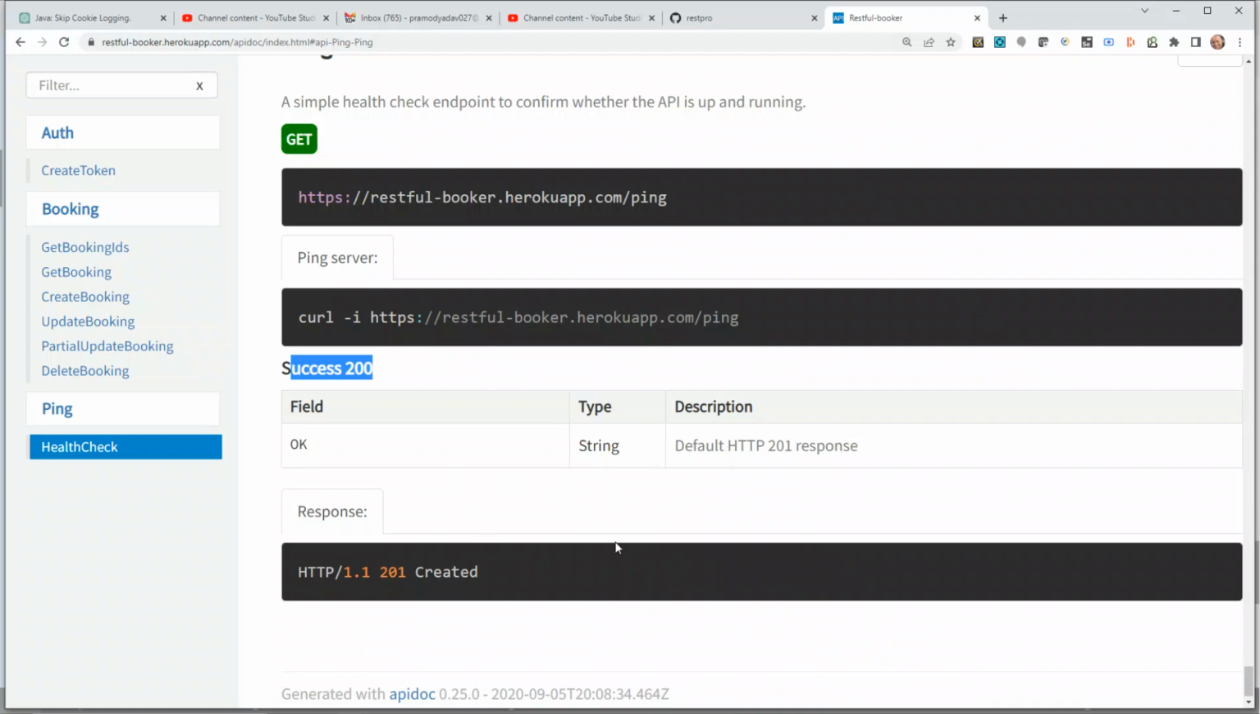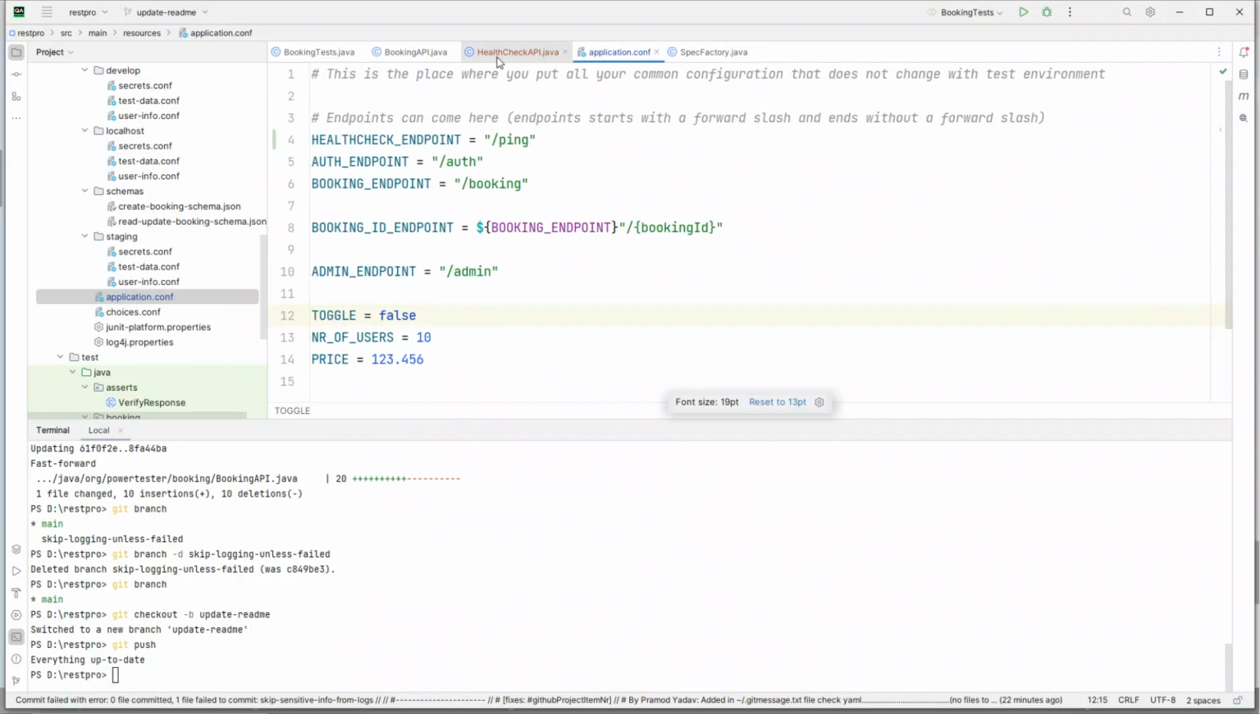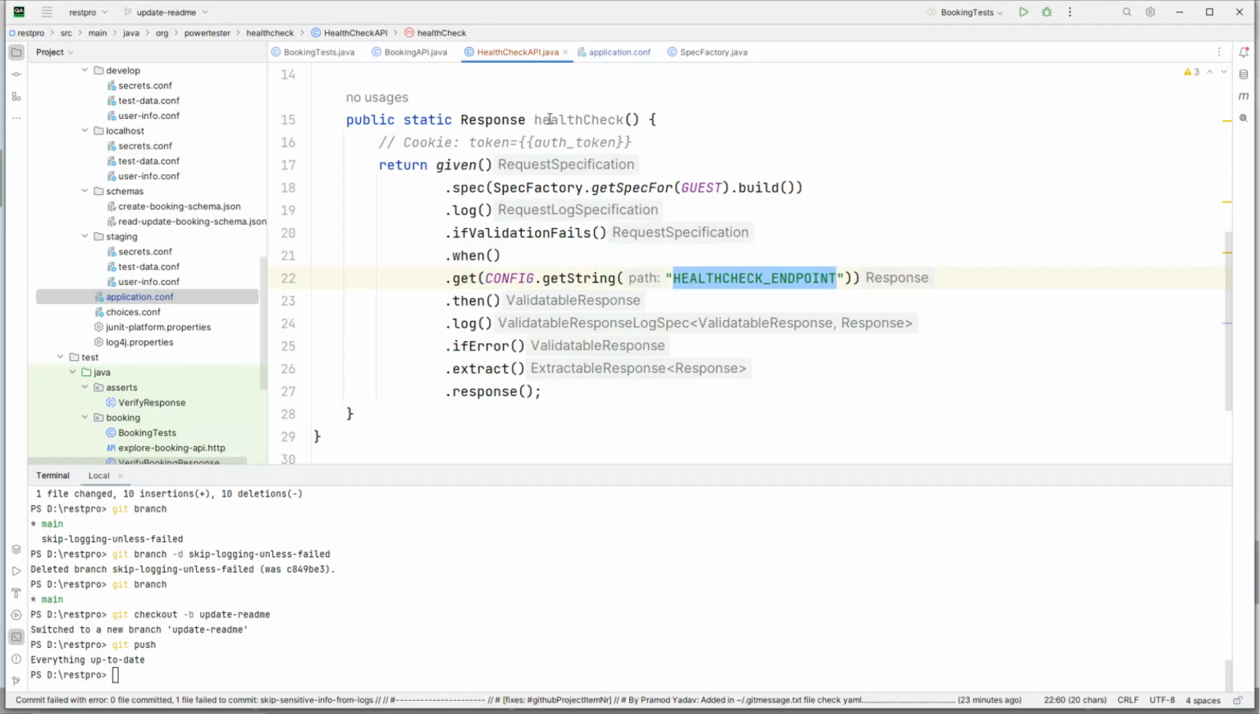So let's go back, zoom in a little bit, and in here spec log when get, then log if error, extract response. Okay, so this is the health check API, and let's write a quick test for this in our